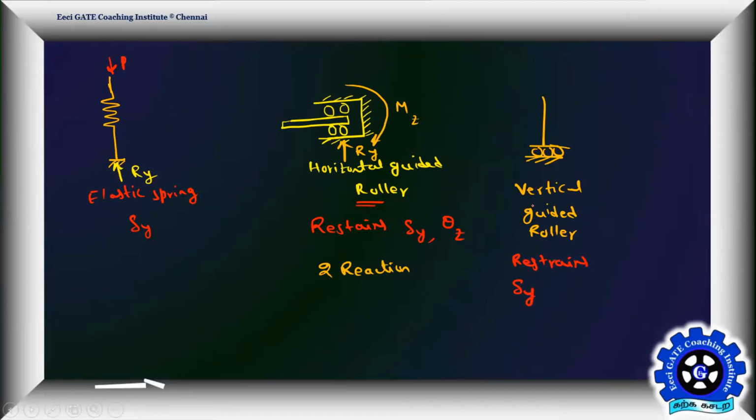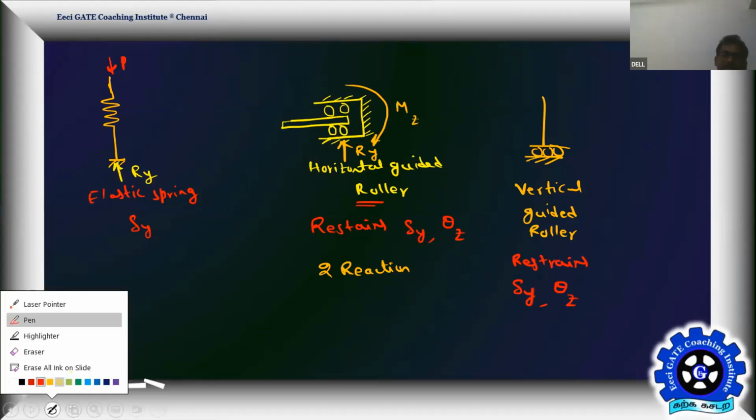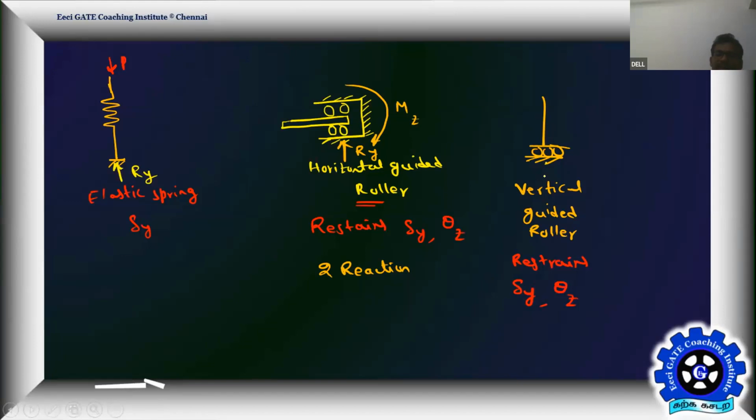Yes, excellent, it's very clearly visible. When I apply a horizontal load, it is going to move because rollers are there. It also gives restraint to rotation about the Z axis. Yes or no? Therefore, how many reactions does it have? Vertical reaction as well as, what is this? Because